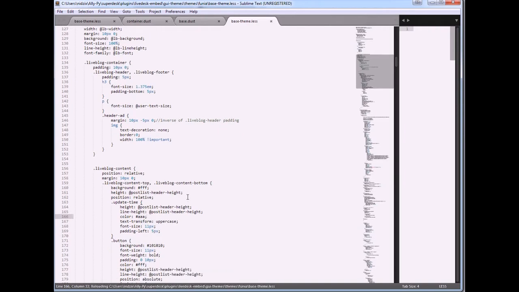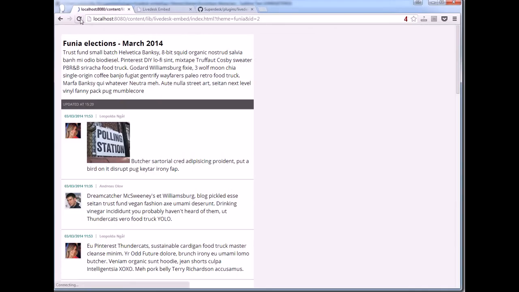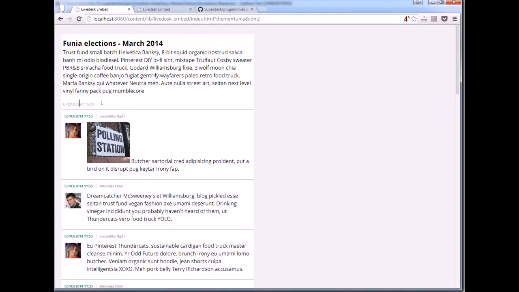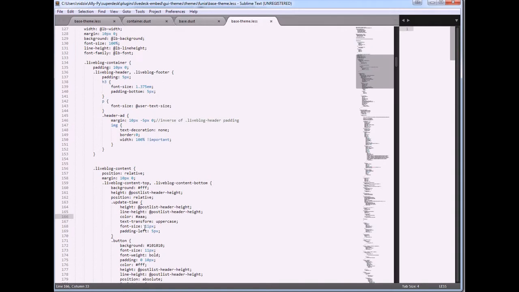Again, less will compile it in the background. Go to the blog. Cool. We can have our font a little bit larger. Okay.